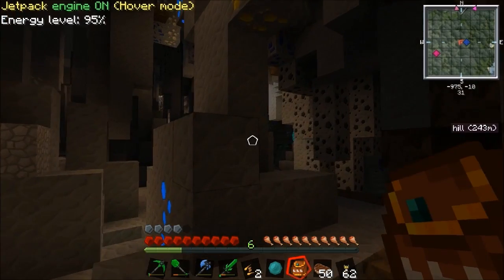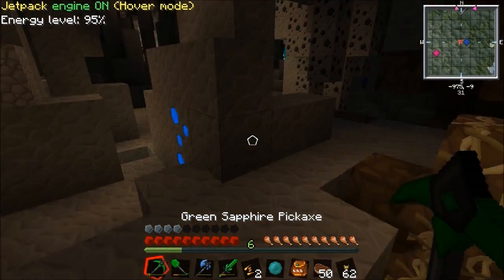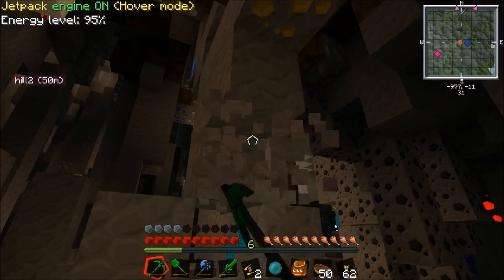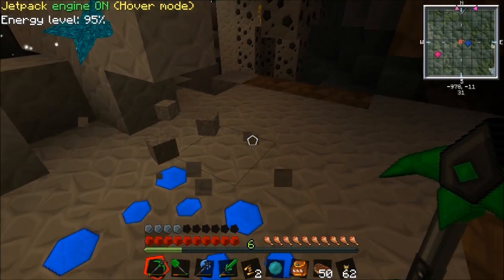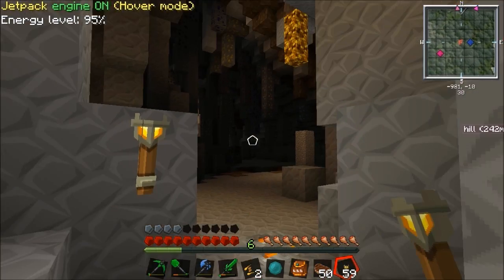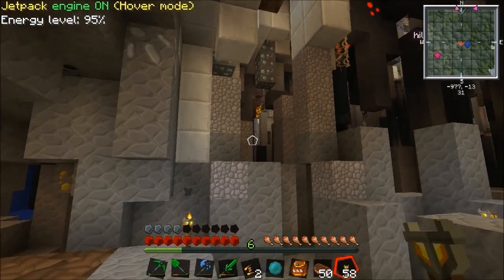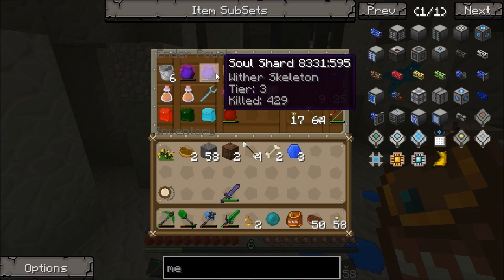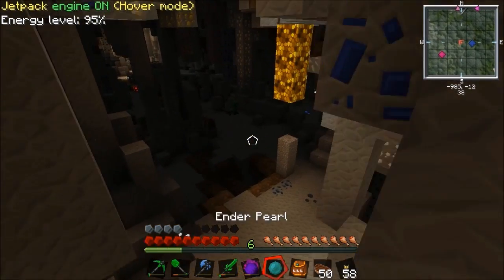And I don't seem to be at the ground level at all. I'll clear this area a little bit. I'll leave that crystal there for a bit of extra light. Put a couple of torches down. Start to have a look around. I'm going to get my skeleton shard out. Basically, what I want to be doing now is just flying around,